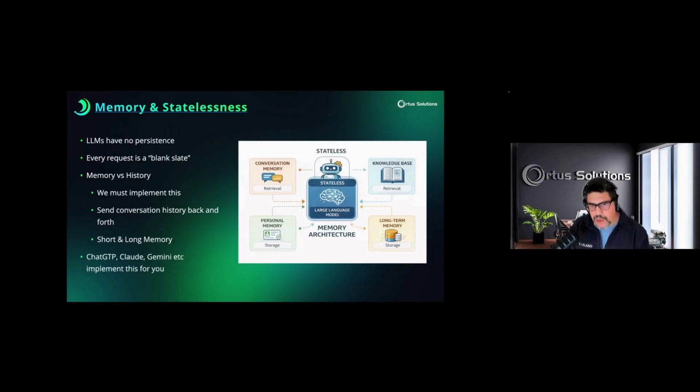So memory, also important, is not the same as history. Okay, this is something that you must implement. So you have to be able to send that conversation history back and forth to the LLM so it can actually distinguish the things. And that's where the context is getting bigger and bigger and bigger. Okay, so there's also the